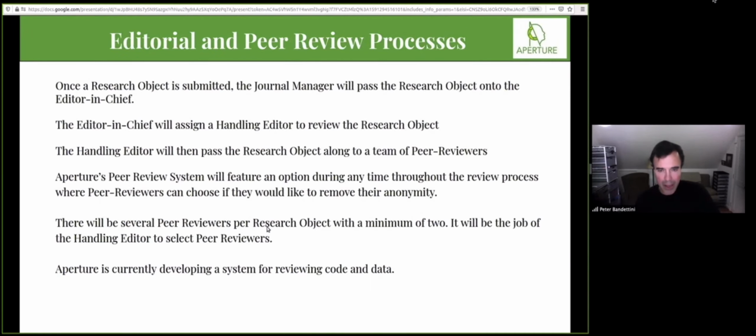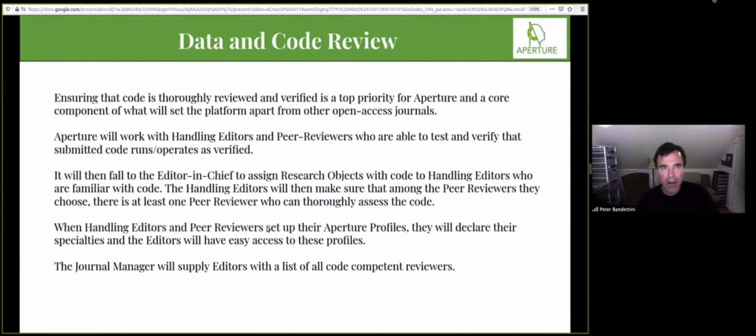Okay, and typically we'll ask for 2 reviews, but if we need to, we'll ask for more. And as I mentioned, we're open for suggestions as to the best method for reviewing code or data, how deeply to review it, how much expertise is necessary, how to do it in a timely fashion. We're still working that out completely. So we certainly do want to make sure that the code is thoroughly reviewed.